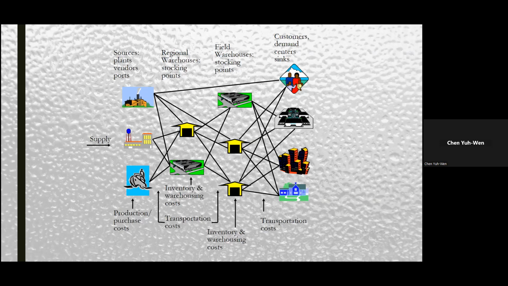When we're talking about supply chain, have you heard about the bullwhip effect? Have you heard about that before? The bullwhip effect. That means,